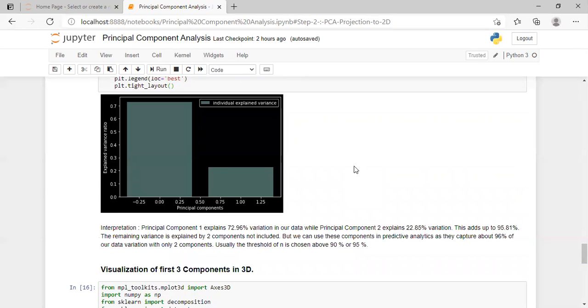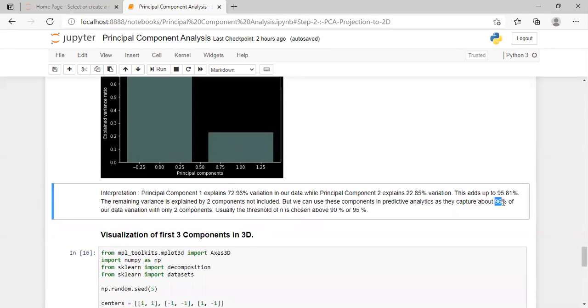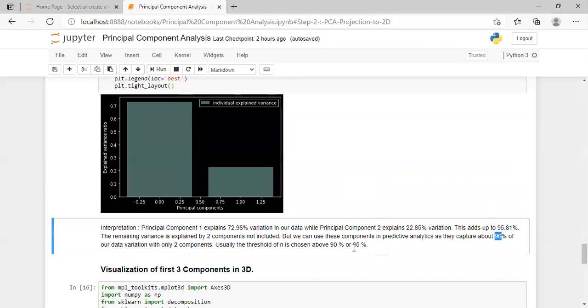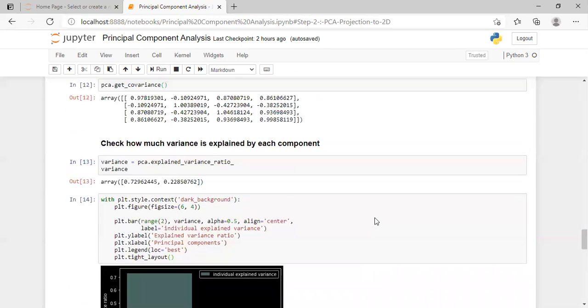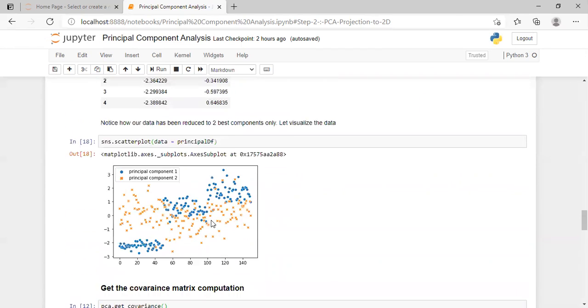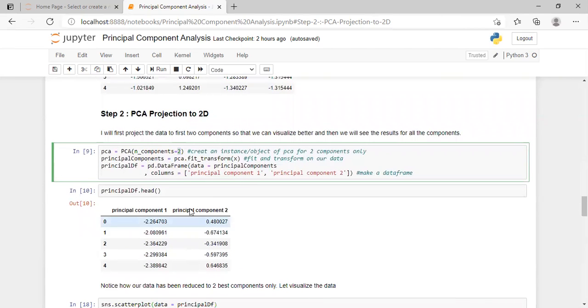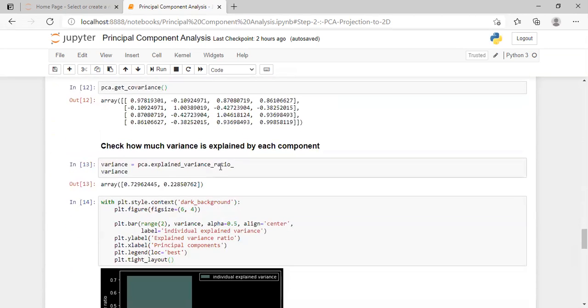So if I have defined my variation threshold as 95%, then n equals 2 would have been perfect, because with n equals 2 we are getting around 96% of the variation in our data. And if we want more variation, we would need to go to n equals 3 and n equals 4. Nothing else would change; you would just go to n equals 3, and then you would get more variation of our data.